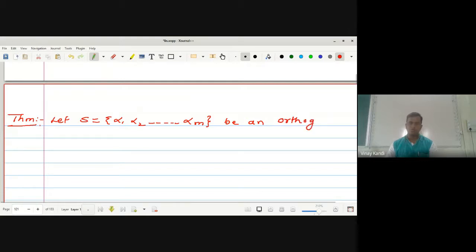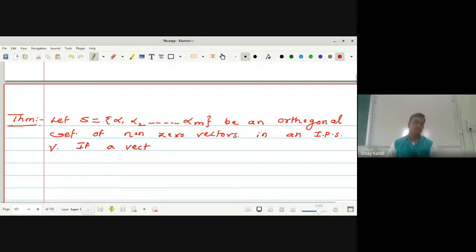Okay, orthogonal set of non-zero vectors. म्हणजे हा ऑर्थोगोनल सेट आहे which does not contain zero vector in an inner product space V, capital V. If a vector beta belongs to V, is in linear span of S, then